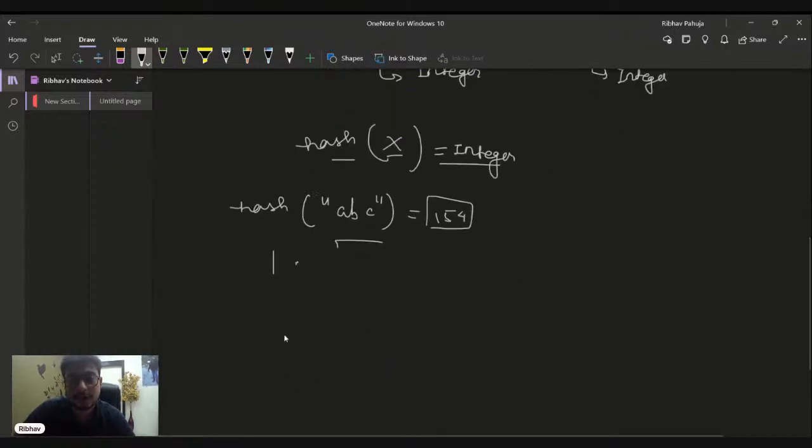The second particular feature of a hash function is that I cannot decipher the key from its hash value, right? So let's say hash of ABC was 154. I cannot say that if the hash of a particular value was 154, then its key was ABC. It can be anything else, right? So this is where hash collision exists.